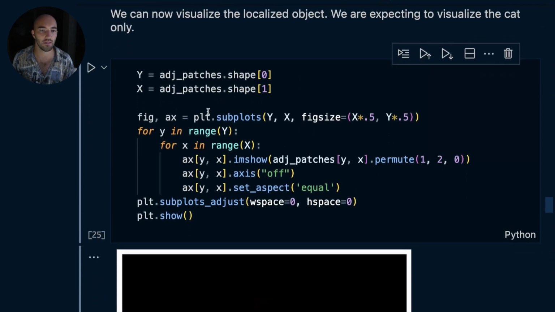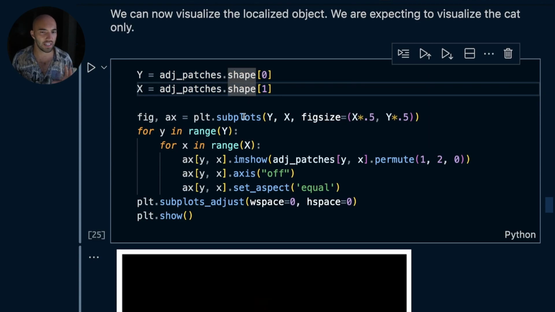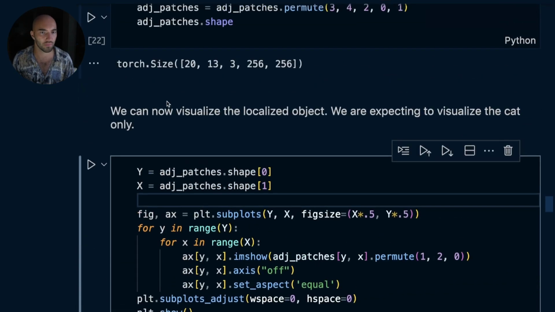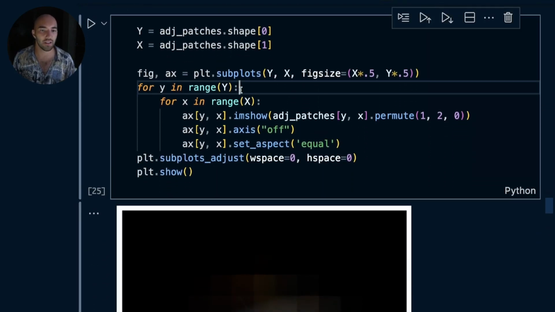So we come down, and first thing we do is just get Y and X here. So Y and X are the patches. See here, this is Y, so the height of the image in patches, and then 13, which is the width of the image in patches. And we come down here and we can plot this, okay? And we get this pretty nice visual, which localizes the fluffy cat